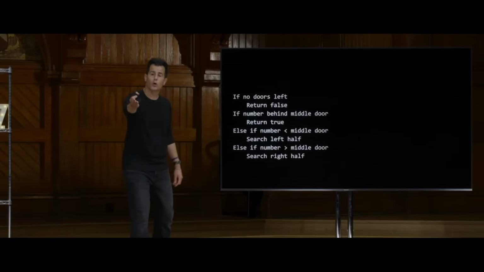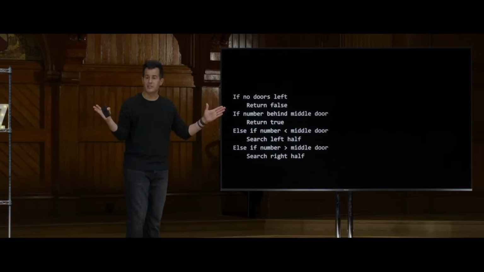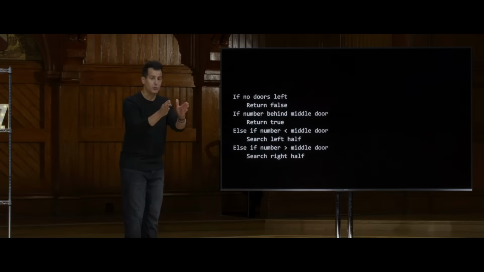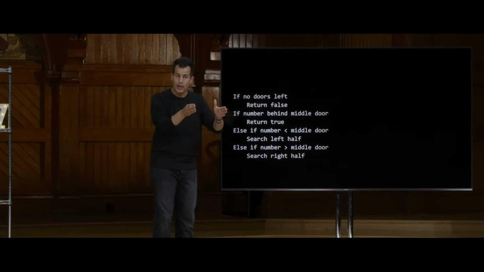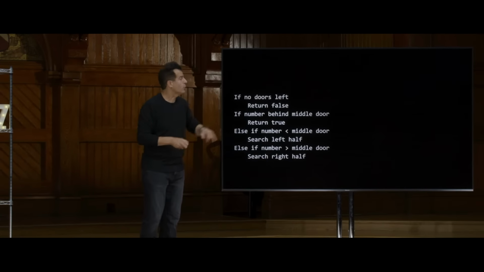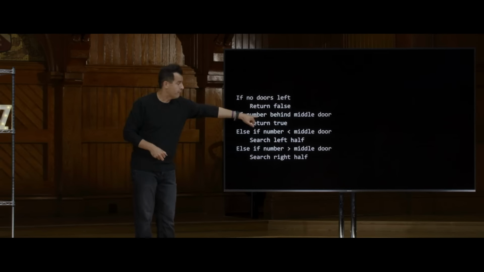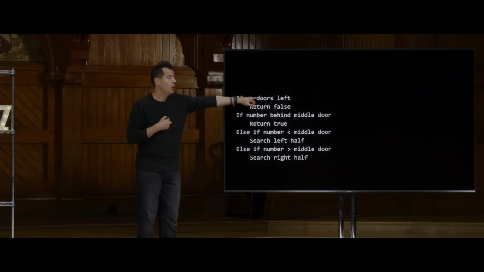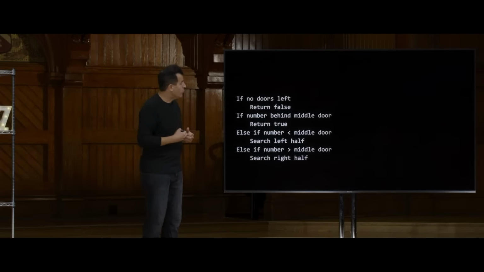Exactly. I'm recursing, that is calling myself, but I'm handing myself a smaller problem. A smaller problem, a smaller problem. It would be bad if I just handed myself the exact same number of doors and just kept saying, search these, search these, search these, because you would never make any progress. But just like our volunteers earlier, so long as we did divide and conquer and we search smaller and smaller numbers of doors, eventually, indeed, we're going to bottom out and either find the number we're looking for or we're not. So generally, we're going to call these kinds of conditions that just ask a very obvious question and want an immediate answer base